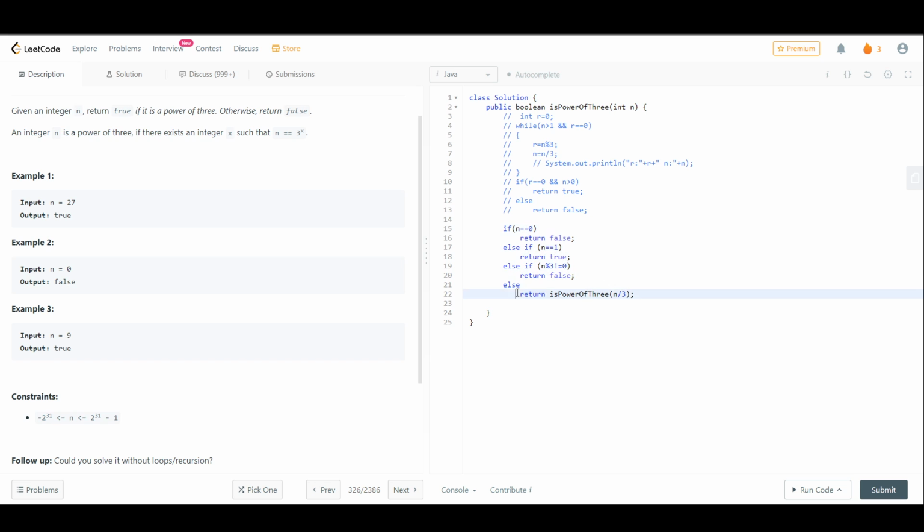Else, we continue with the same function. We call the same function, just with the value divided by 3. So it will execute one after another the same function, and once it reaches any of the terminating conditions, it will return that value. So these are the two ways of